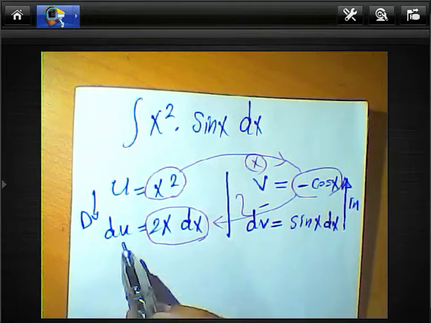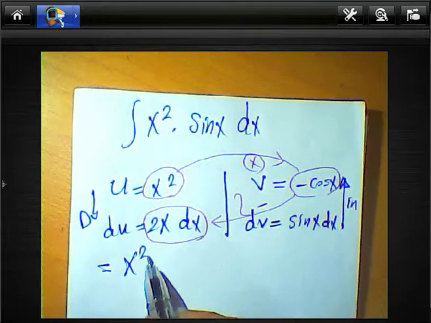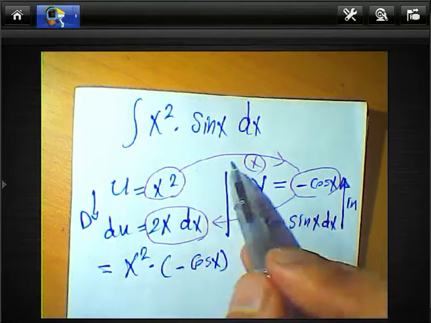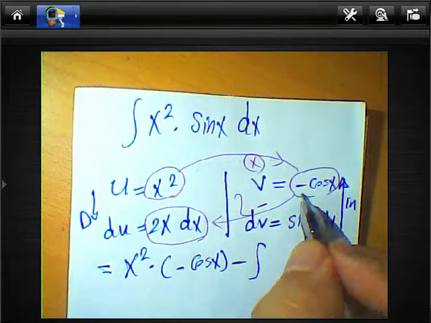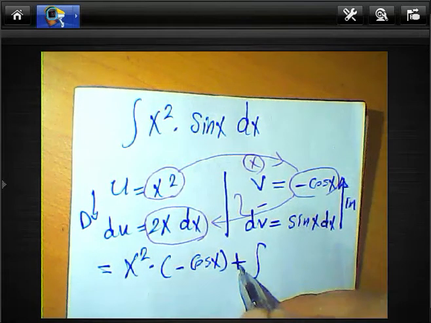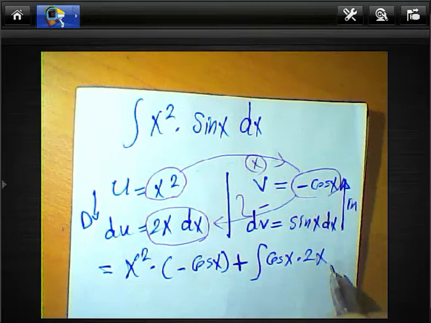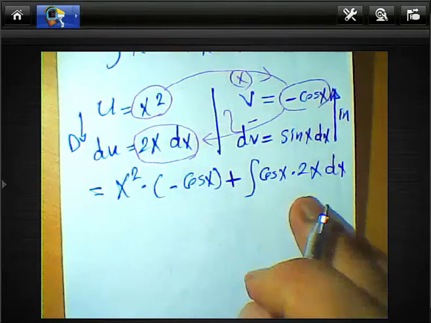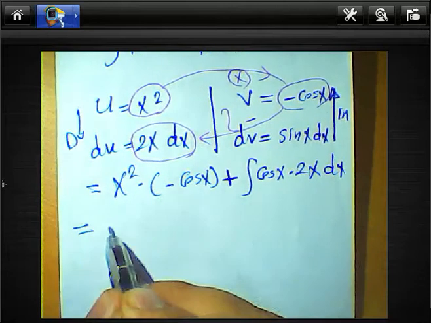So we can write the result equal: x^2 multiplied by negative cosine x, subtract the integral of negative cosine x, negative multiplied by negative equals positive, cosine x times 2x dx, and we must write 2 outside here,